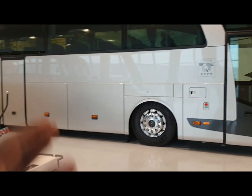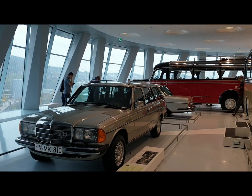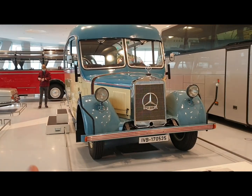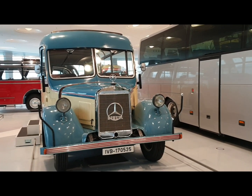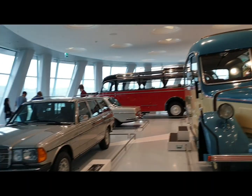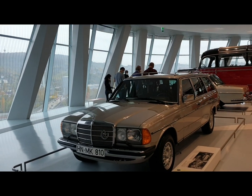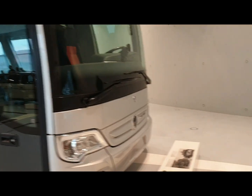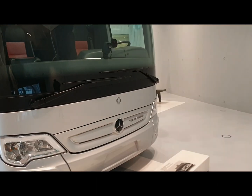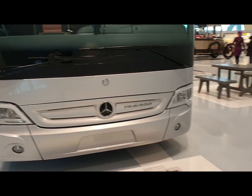You know, they are trying to compare it with the new models, how they look. I think from this one they came to this one. I'm not so sure. Mercedes, this is Mercedes 2600, I'm not so sure, and this is Mercedes 300 TD. When you come here, you find Mercedes. I think this is a 2009 Mercedes Travego bus. It's called Travego, and it has about